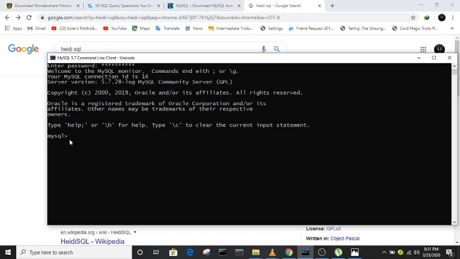First, start by creating a database. How to create a database here? Just write create database, and you have to choose the name for the database, and I am choosing here